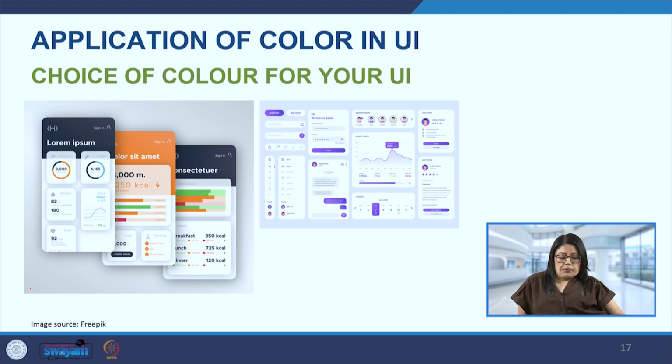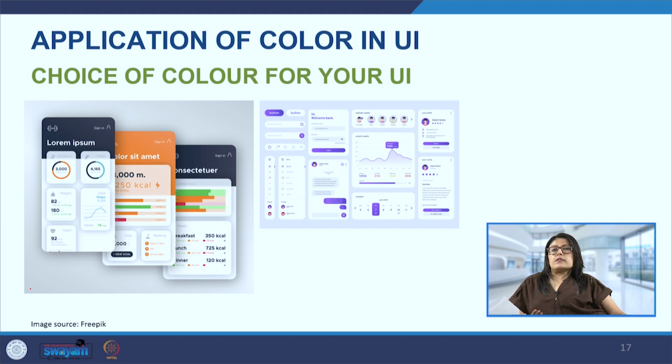Also, the colors based on the sector, like I mentioned. So banking, if we see, maybe it will be interesting homework for you all to go and see that, for example, for banking, what colors generally do we see? For eatables, for chocolates, what colors do we see in the market? For chips, for wafers, what colors are mostly used? For medicines, healthcare, what particular colors are used for that segment of the brand?